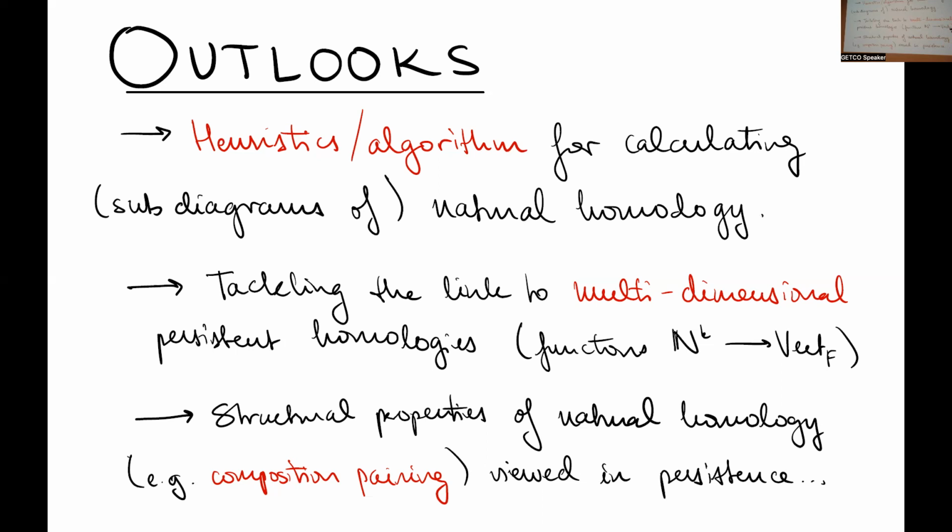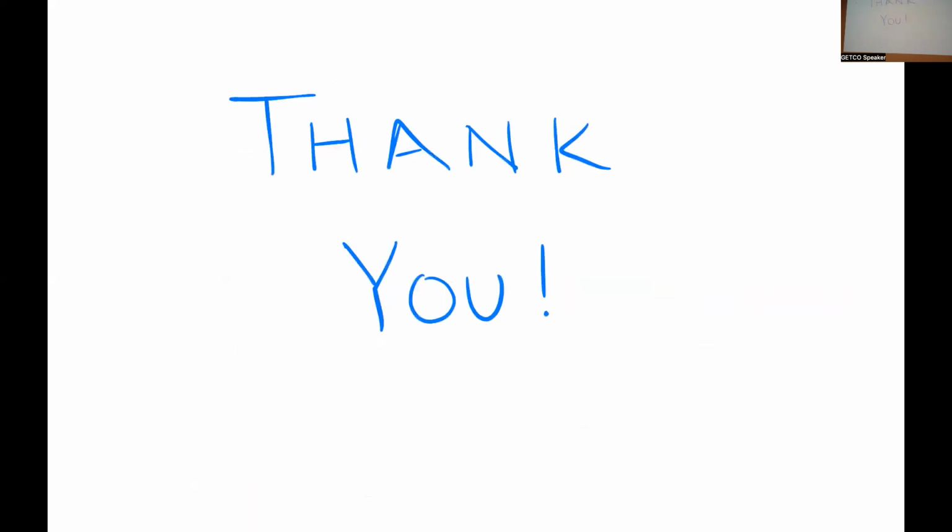And moreover, we have some nice structural properties of these natural systems, of which natural homology is an example, such as composition pairing, which don't naturally appear in persistent homology, but which maybe give us some nice information. We could sort of also transport things in the other direction, perhaps, right? I think that's all I have to say. So thanks for your attention, and